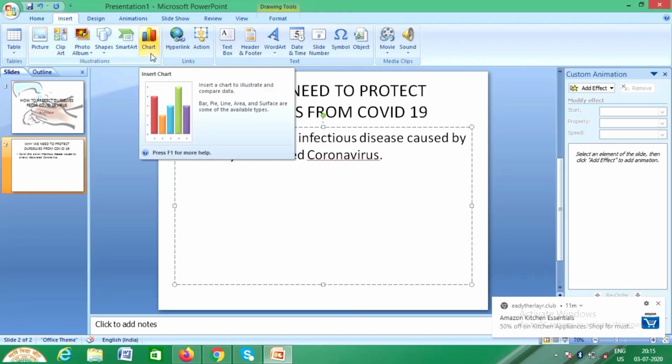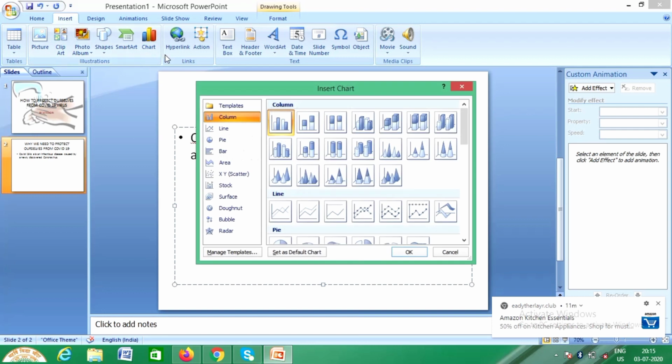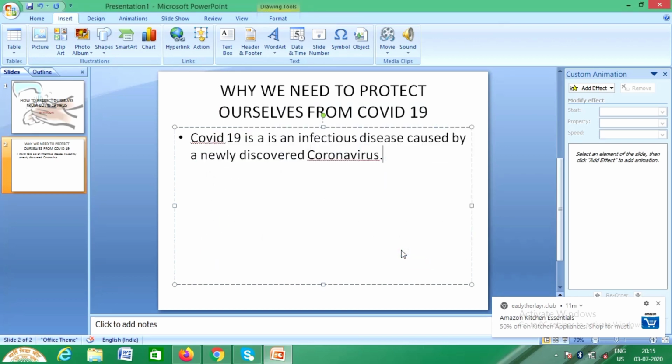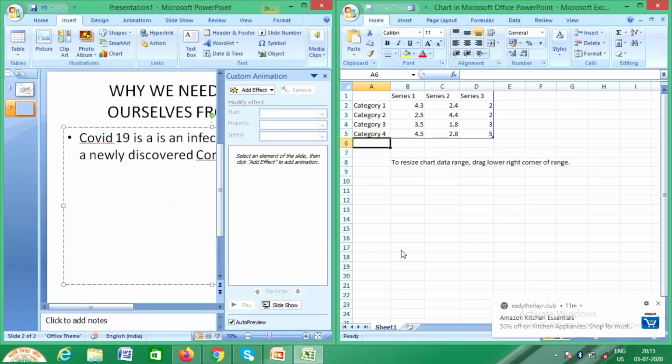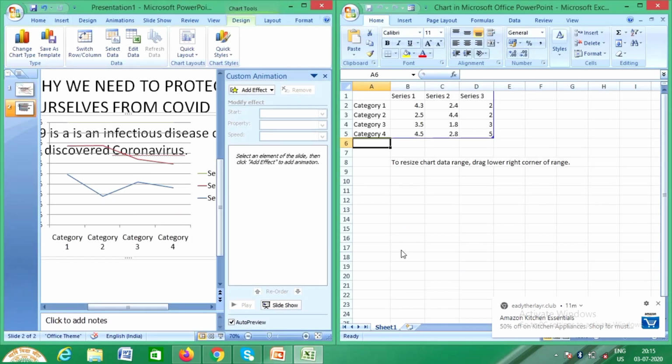From chart, click on the chart option and you will get different types of charts here. I think this pie chart will be more appropriate for this situation. So I'm inserting a pie chart here, and then I'll be writing the data. See, on this side you have to create the data yourself in your Excel sheet, and on the other side your graph